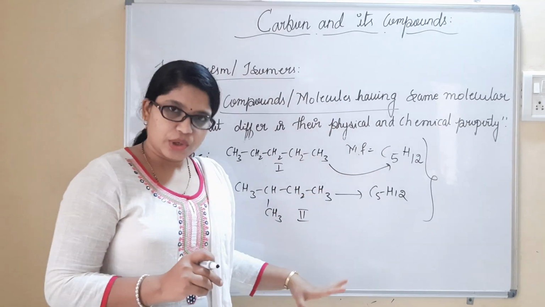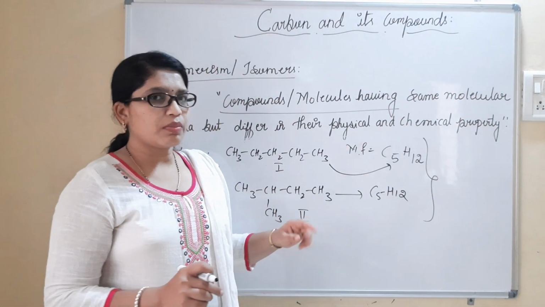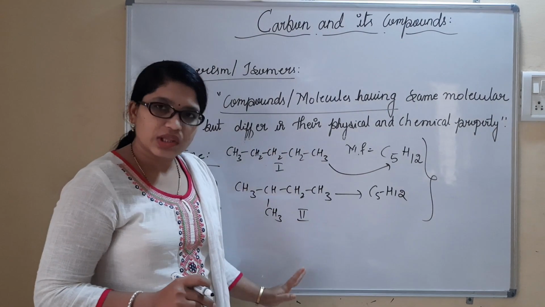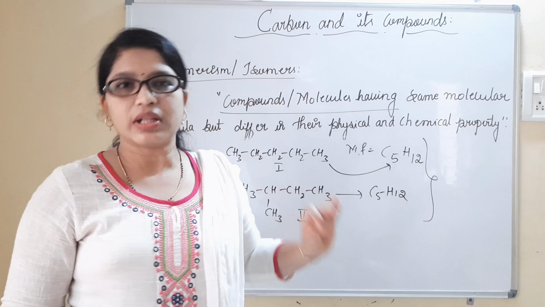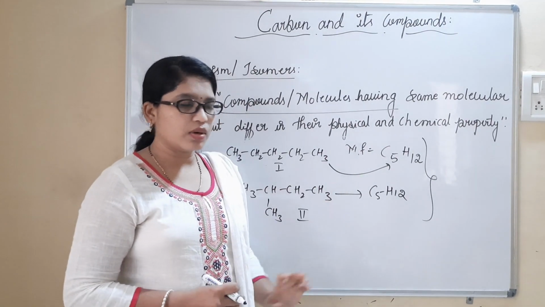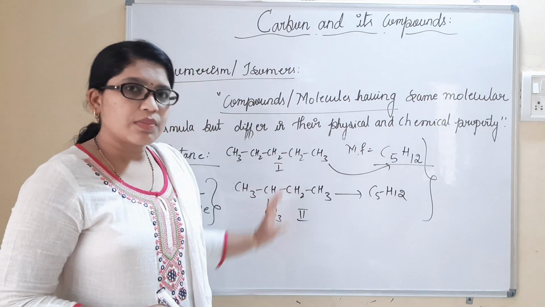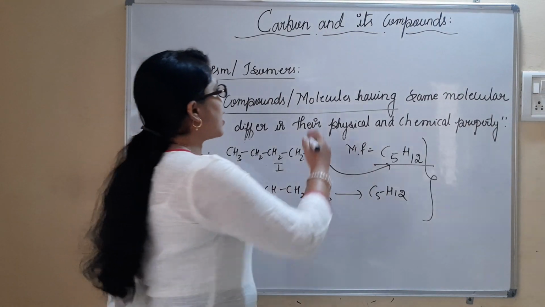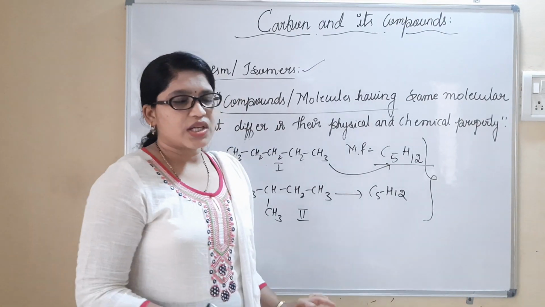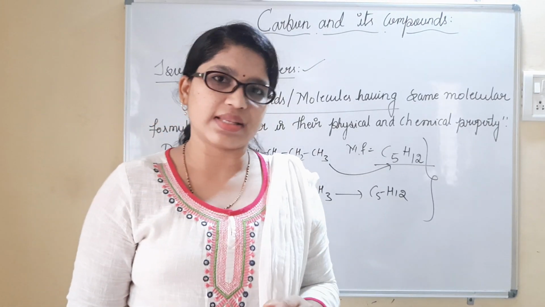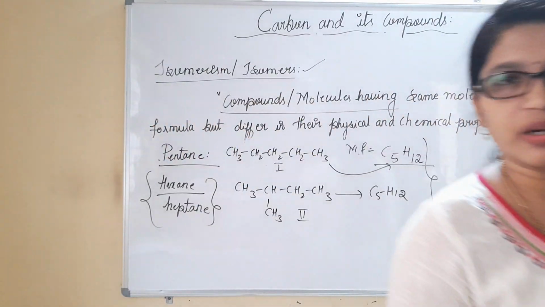Any one of the examples you can write, but never ever forget to put all the possible structures. If there is a possibility of only 2 structures, you have to write both the structures. If there is a possibility of writing more than 2, then all the structures must be mentioned there. Then they are referred to as isomers. Directly they may give you this formula and expect you to write the possible structures, or they may directly ask you what is isomerism. Explain with an example. For 2 to 3 marks, such questions can definitely be asked in your board examination. Please do concentrate, write properly, practice well. Take a screenshot.